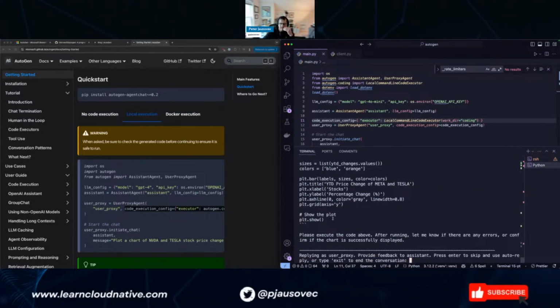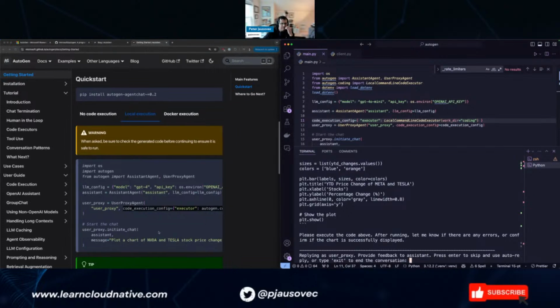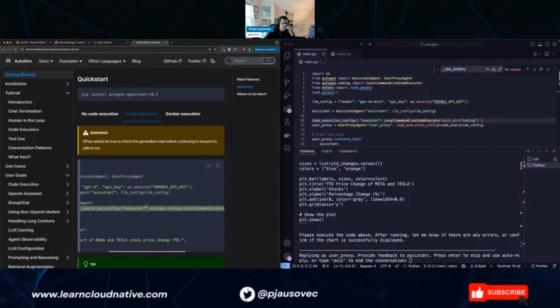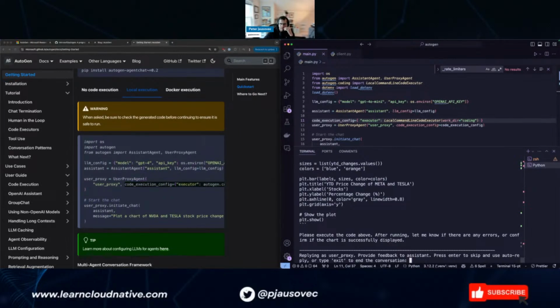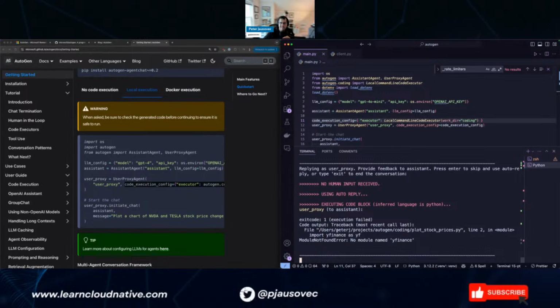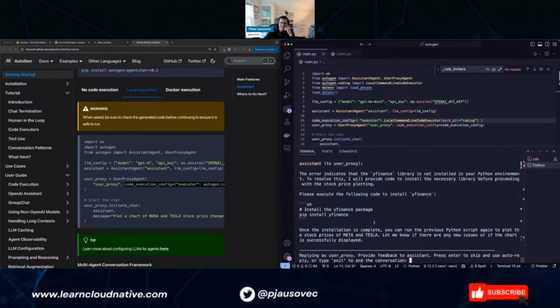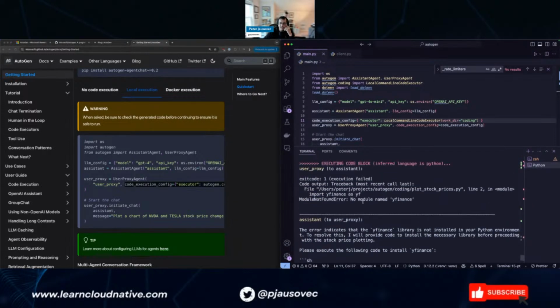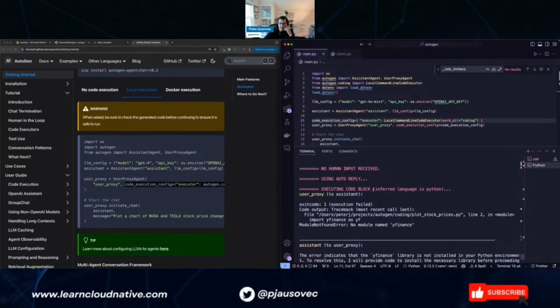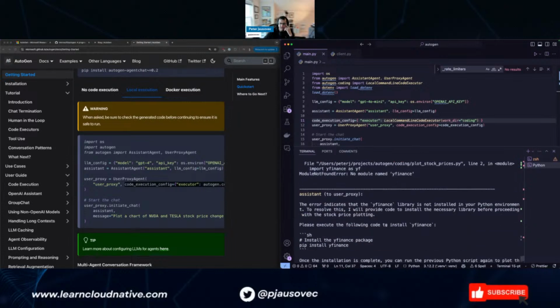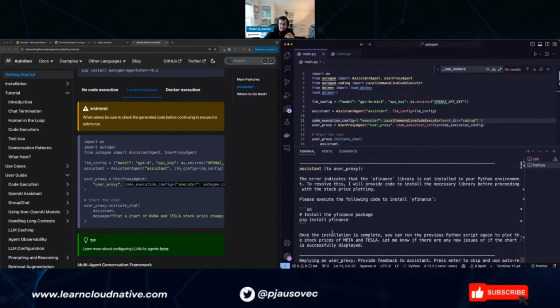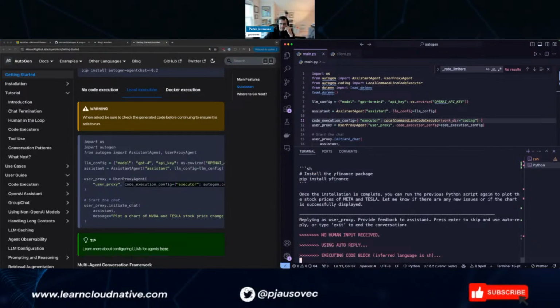Why isn't it executing it for me, right? Coding prod. So let's do skip. There. No, it's not going to install it. There you go. Oh, wait. So, okay, so it tried to execute the code. So it inferred the language. And then it's saying the module not found. And then it went back to me to say, execute this to install it. So what if I don't do anything? Oh, now it's going to go and install it.